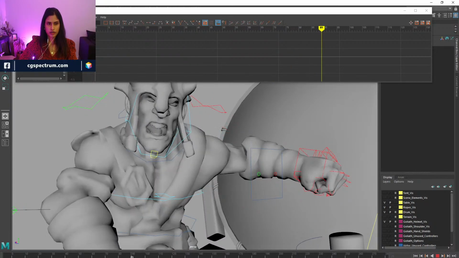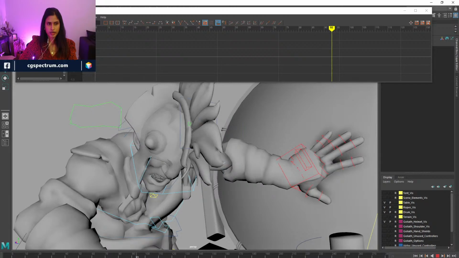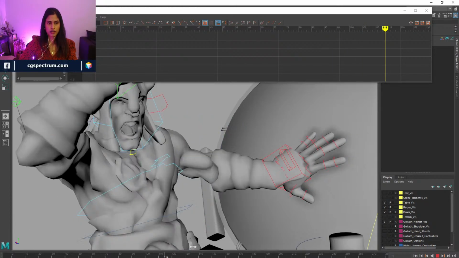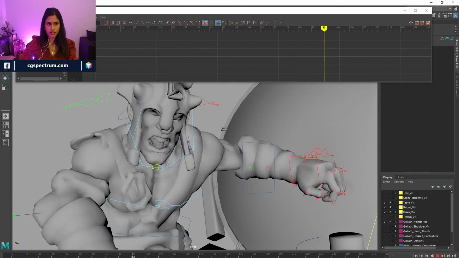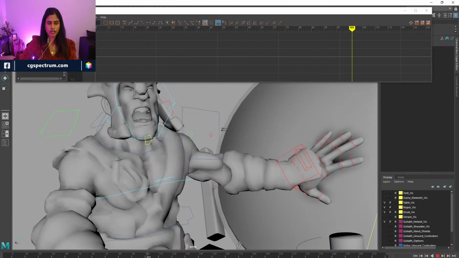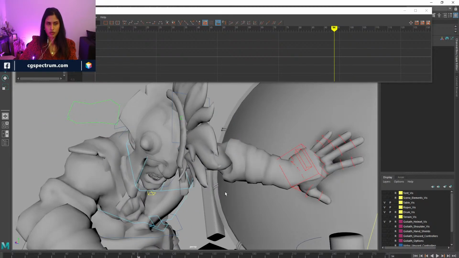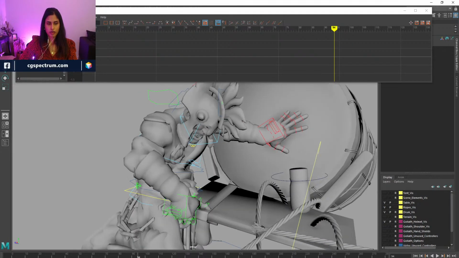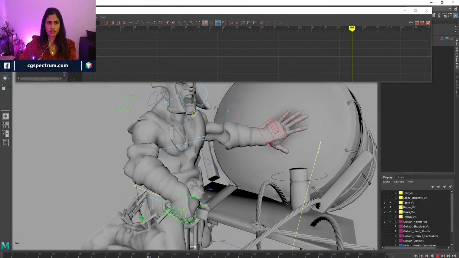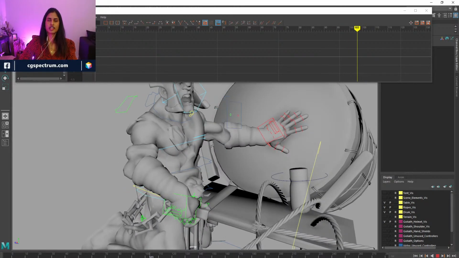So going from this pose to this pose is a very A to B, right? Now going from A to B, I would want to think about what he is doing there. Going from here to here, he's just lifting his head.